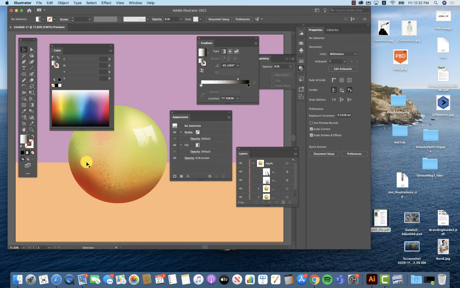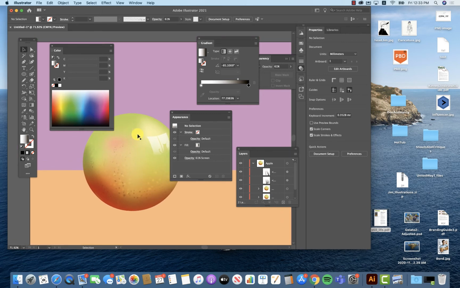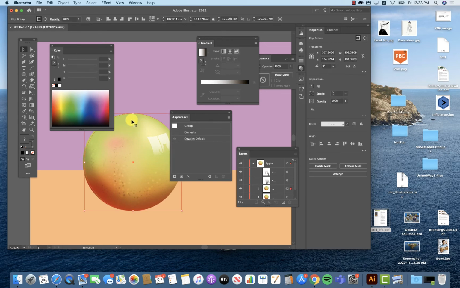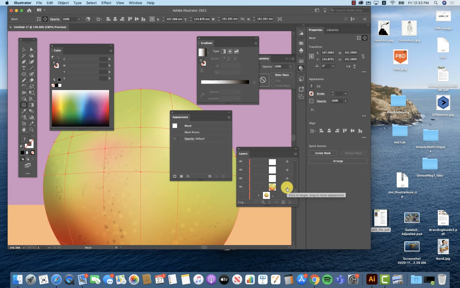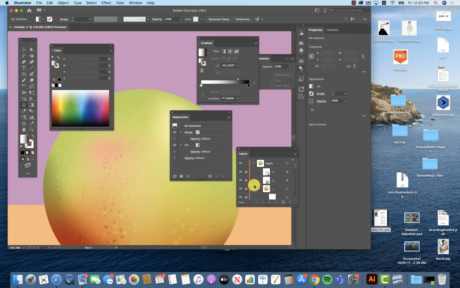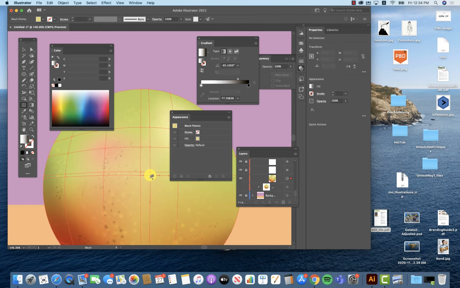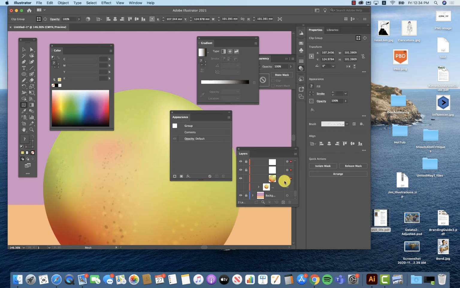So we've done a reflection, we've done a shadow, we've added color, we've added some texture. The only thing I have neglected to do so far is create the dimple at the top here. Make sure that I'm on this object with the mesh, and probably want to lock everything else down for now. So I've just locked everything except for the mesh. So I should be able to access that. There we go. Okay, so in selecting that with the mesh tool,